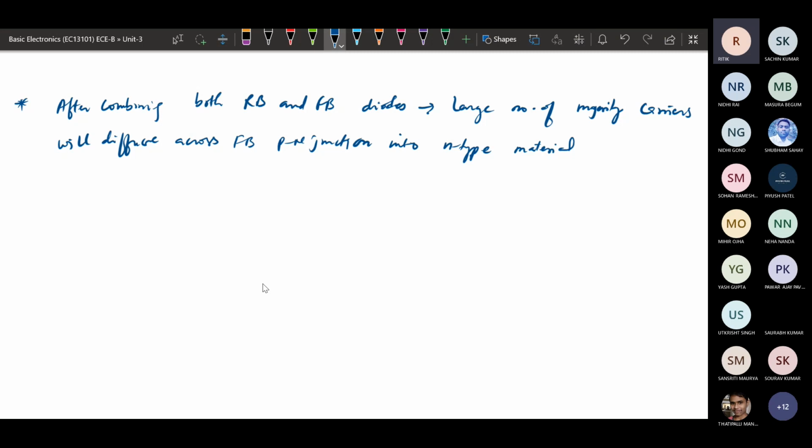Okay, so a large number of majority charge carriers will diffuse across the forward bias PN junction into N-type material. In the N region, it behaves like a minority charge carrier. Once it moves to N-type, the holes have become the minority charge carrier.